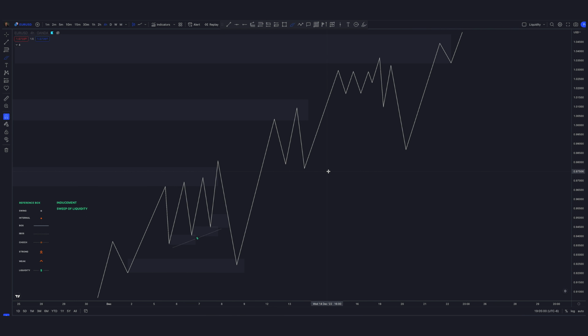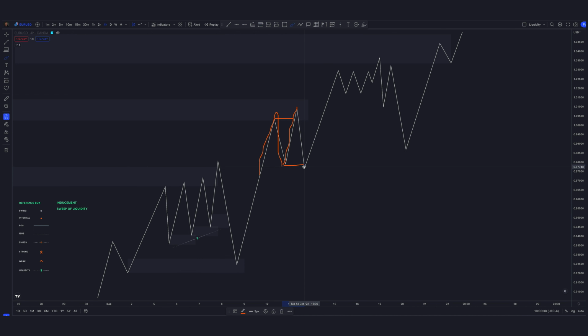I don't know if you guys remember, but when I said sometimes what seems like a CHoCH can be a sweep of liquidity, right? Because we're still on a bullish move, even though the price came here, we had a fractal break to the upside, and this would be after this break here, right? So this would be a push, a pullback, and a push. So this would be the nearest low. So here would be the fractal